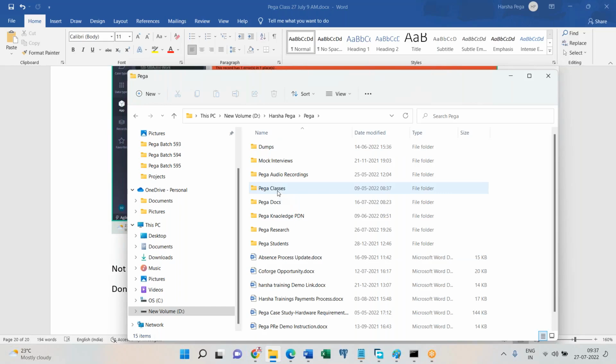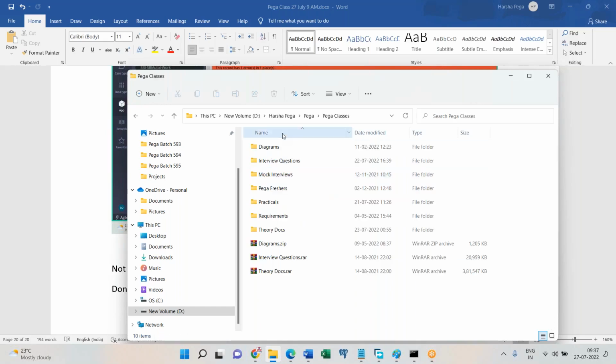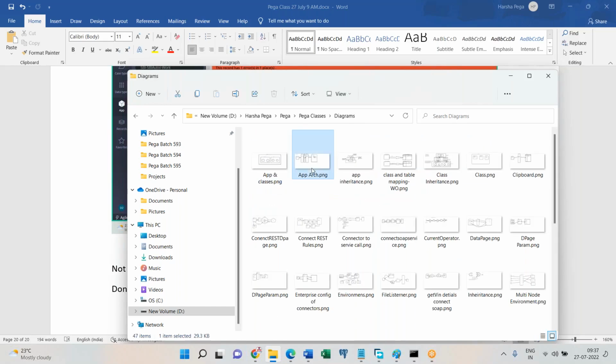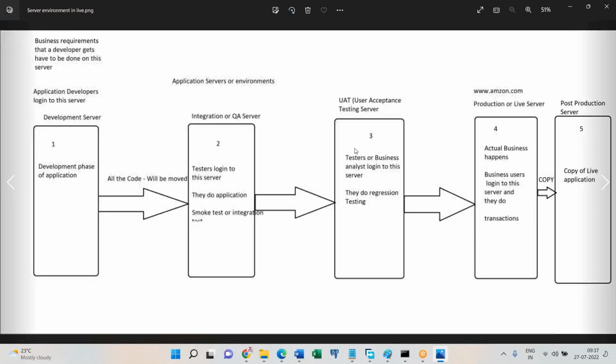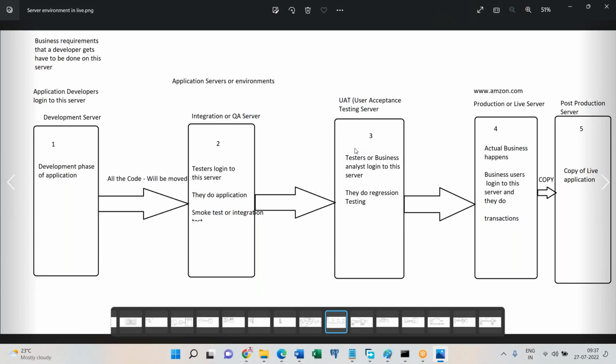Pega, diagrams, server environments. See here, the Amazon application is there. You access the Amazon application by typing the URL